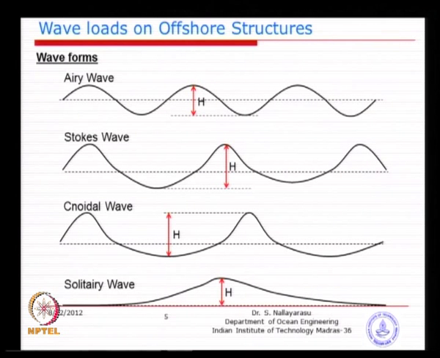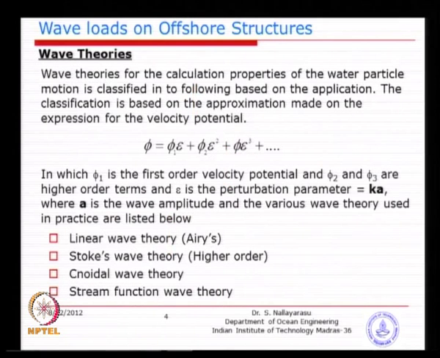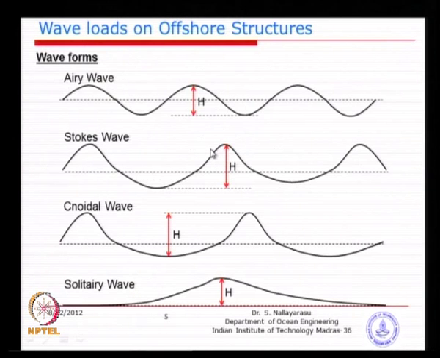If you use a linear wave function, you can only generate this kind of wave, whereas in reality the waves may be of this kind of form, and in fact, if you go and measure in the field, you will see such waves. That is why we call it nonlinear wave. Nonlinear does not mean that it does not have the linear form. If you go back to this equation, it contains this plus this, and that is why you are able to get the crest and the trough unequal.